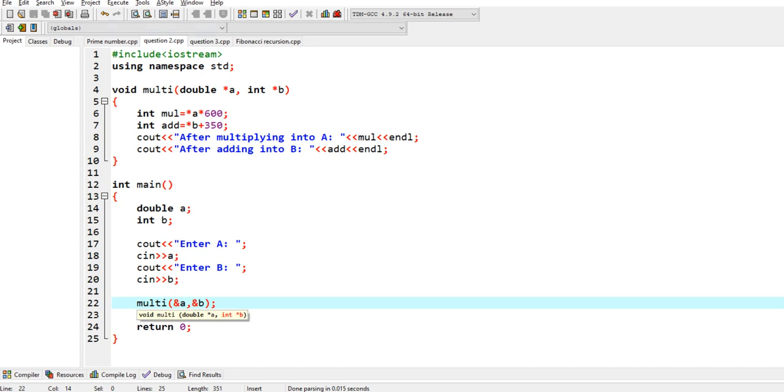So here is the program. I have taken one function, void mult, with a double pointer a and an int pointer b.